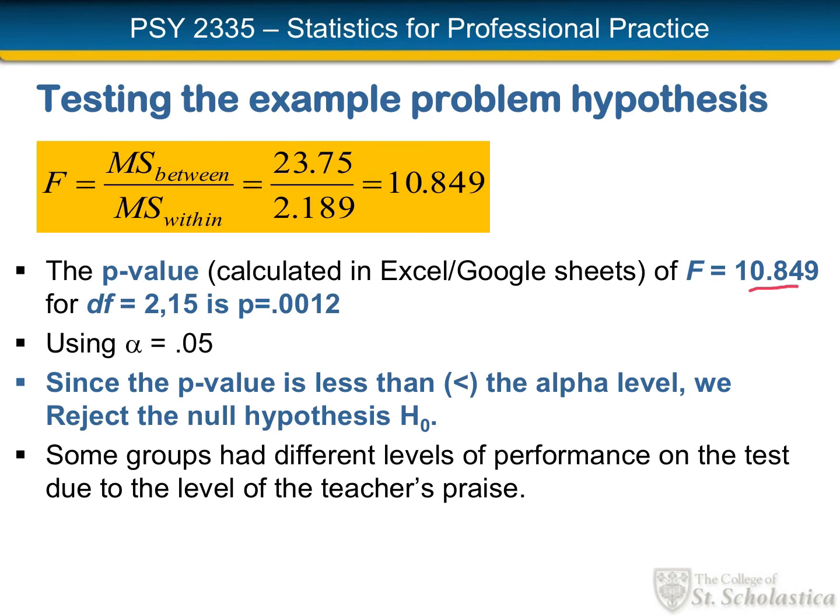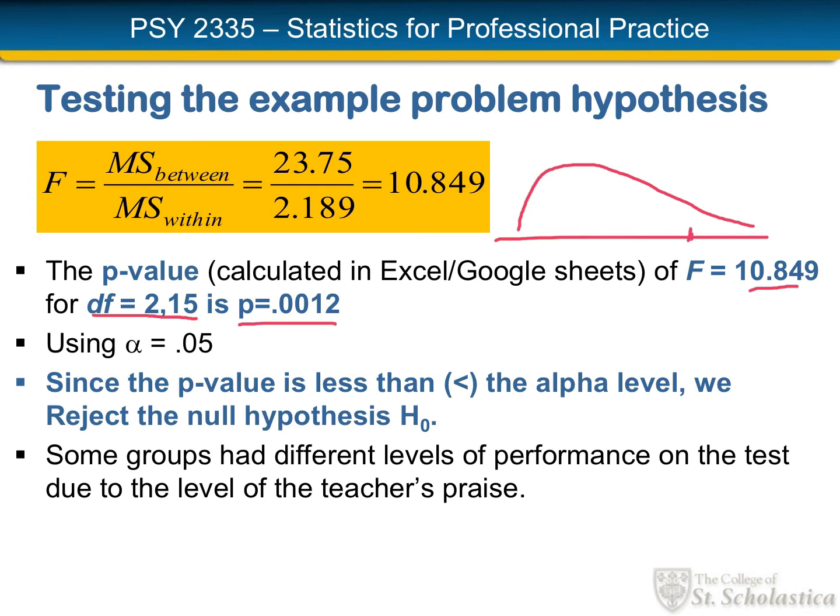It showed me the same degrees of freedom, 2 and 15, and gave me a p-value, p equals 0.0012. So this is letting me know that in my skewed F curve, if I have 2 and 15 degrees of freedom,